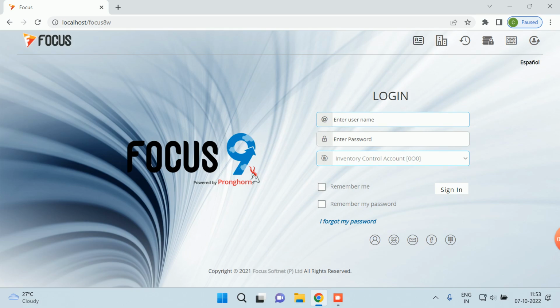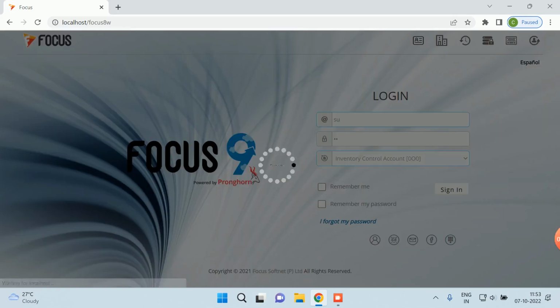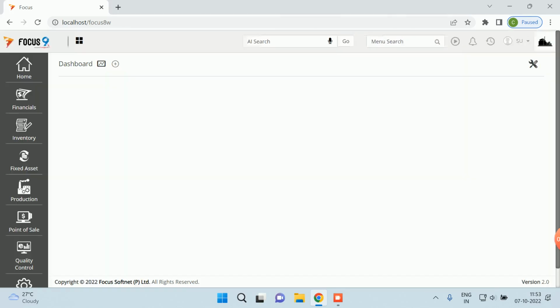Now how to control this? So for this reason only we will use the inventory control account. Let me show you how to implement that inventory control account in the purchase module now. Let me log in into the ERP with the credentials. When you log in into the ERP,